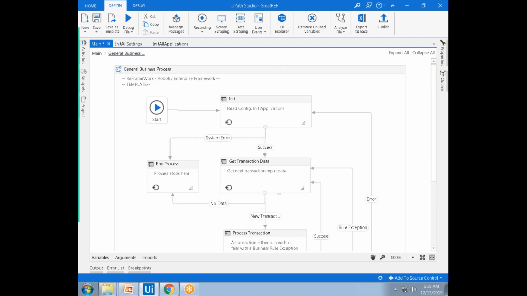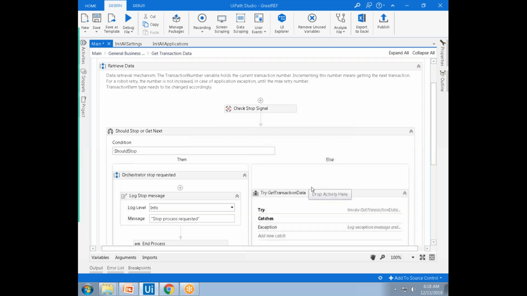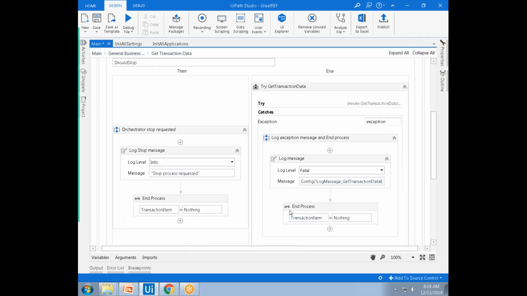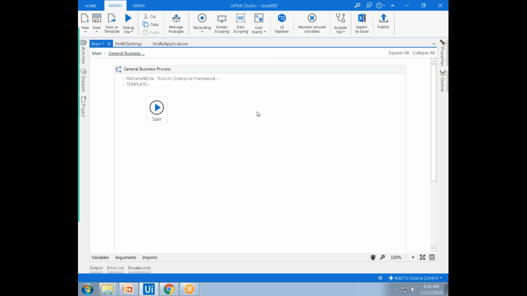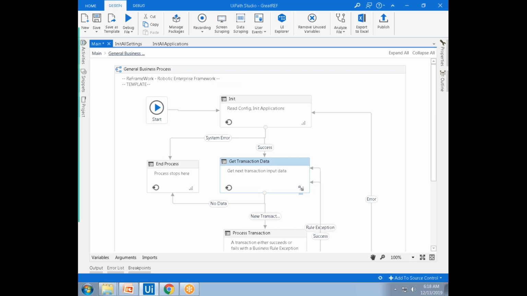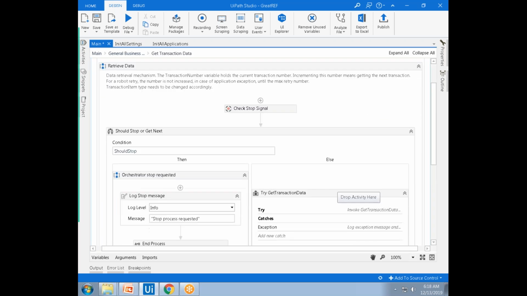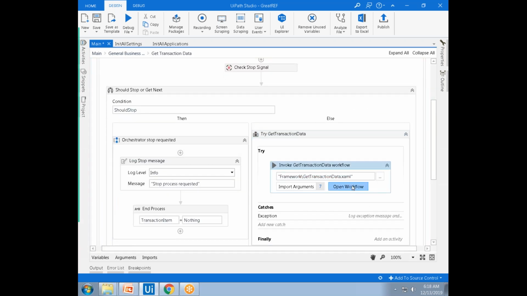So if any system exception occurred in the get transaction state, where is the next state? End process. Because while it is reading some queue items, it got some exception, and it will throw the exception and go to the catch block, and the catch block makes the transaction item equal to nothing. Okay, so if there is no exception occurred,